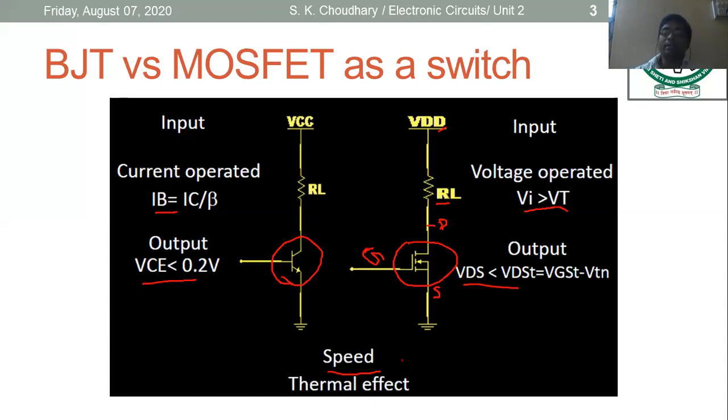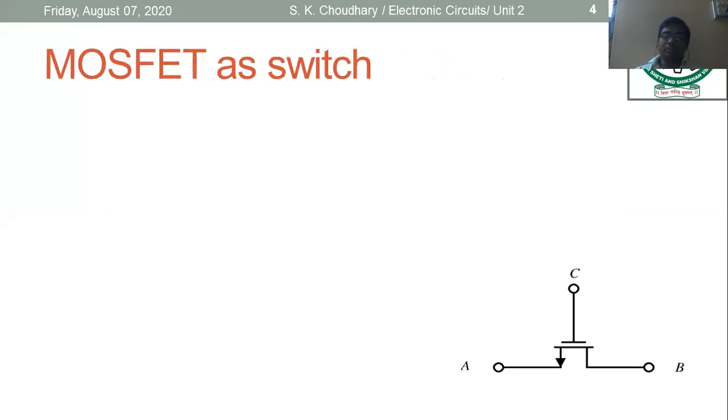That's why it is also a very attractive feature, which further drives the MOSFET to be used as a switch, or as a resistor, as a capacitor, as a diode, whatever. Any electronic device could be made with the help of the MOSFET. This is one of the most attractive features of the MOSFET. So now we come to our first topic. As per our topic, we have to learn about the MOSFET as a switch.